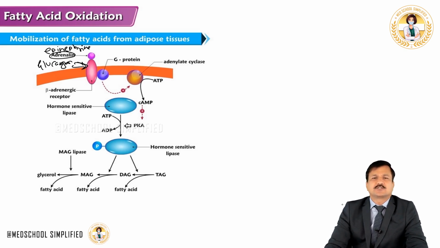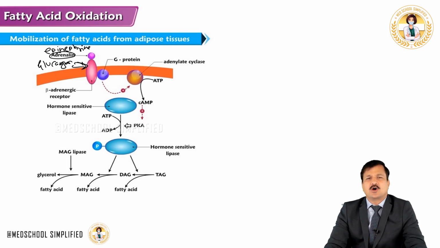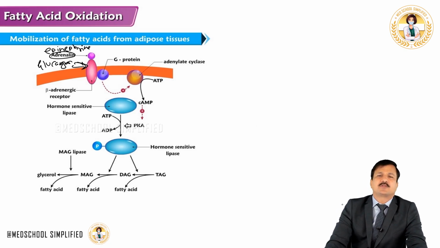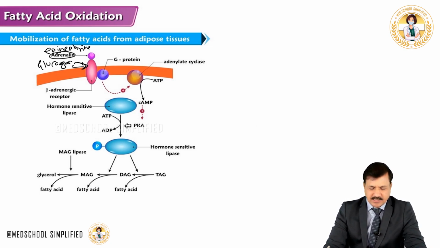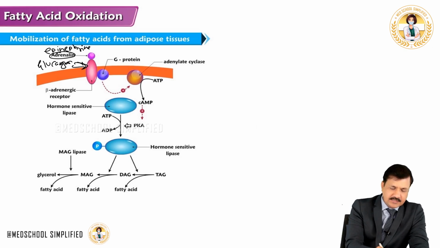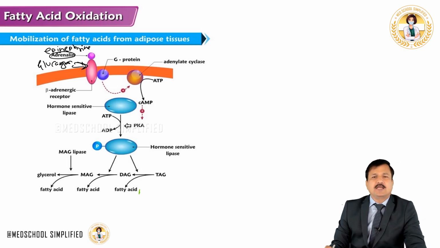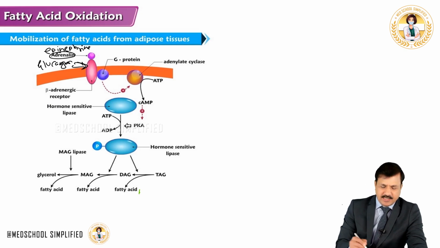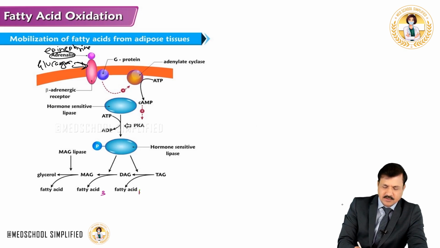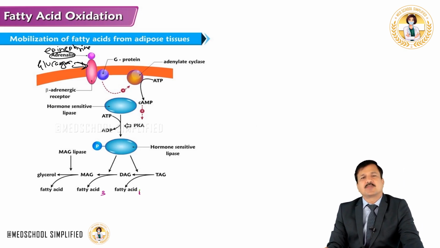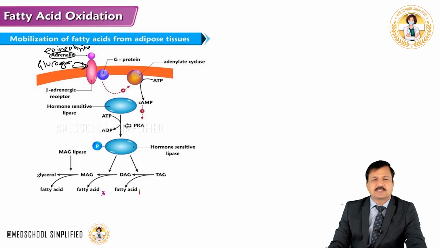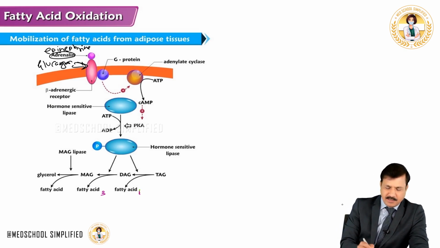What it does is degrade triacylglycerol, releasing a free fatty acid and converting it to diacylglycerol; the fatty acid from the first carbon is released there. I will write it as fatty acid number 1, coming from the first carbon. Then the diacylglycerol undergoes a reaction catalyzed by hormone-sensitive lipase, releasing one more fatty acid present at the third carbon. So the first carbon fatty acid is released first, then the third carbon fatty acid, and now the remaining molecule is